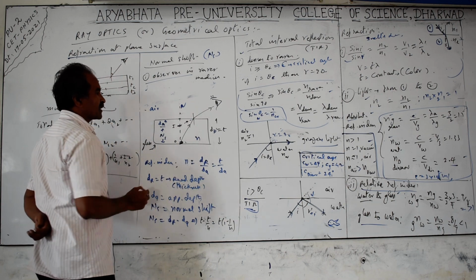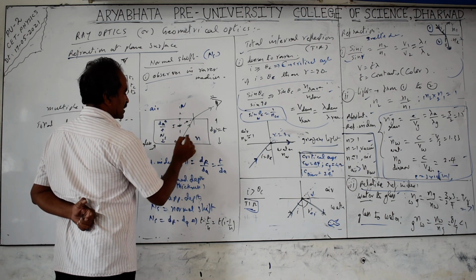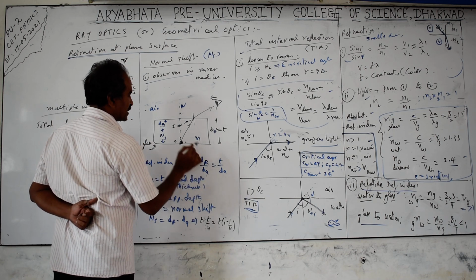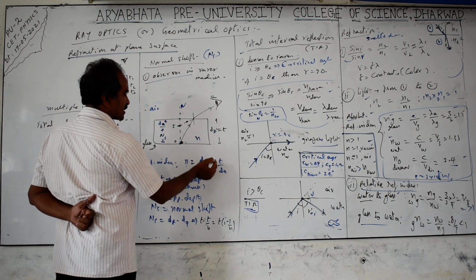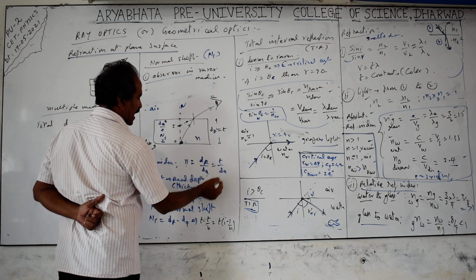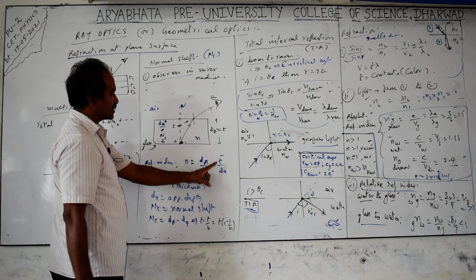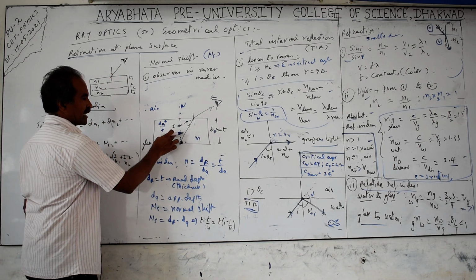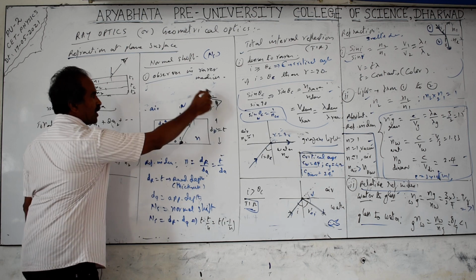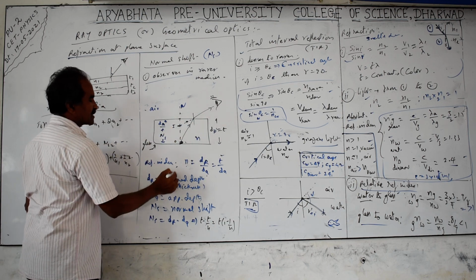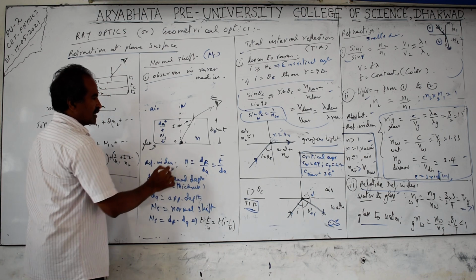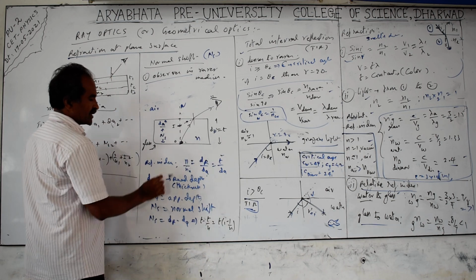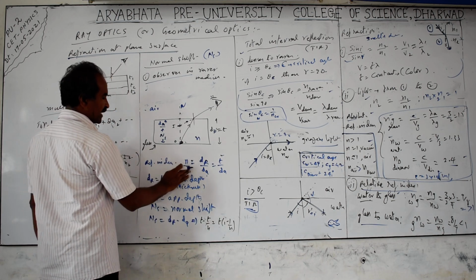And the relation for this: the refractive index of this material, with real depth and apparent depth, is n equals real depth by apparent depth. If the object is at the bottommost point, then that is also equal to t by apparent depth. So the apparent depth becomes equal to t by n, where n is the refractive index. In case you have two mediums, like n glass and n air, with the glass kept in water, a single n given refers to the particular medium only, divided by n air always. So if only n is written, it means divided by n air or n vacuum.